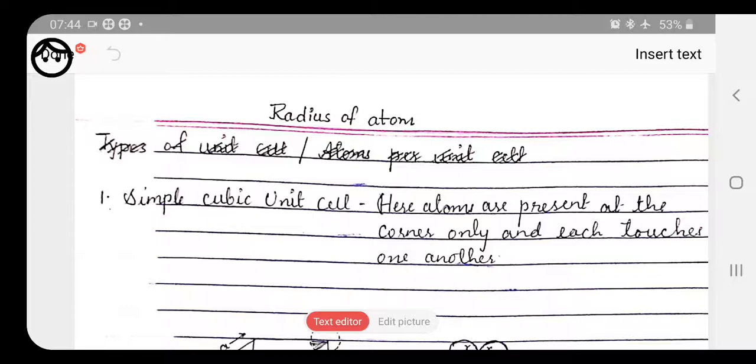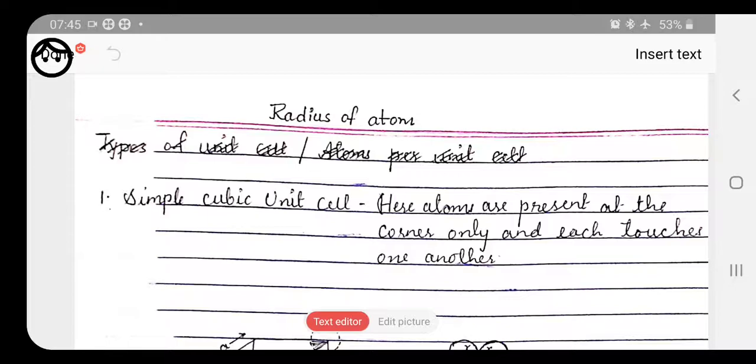But if we are talking about non-metals, they just overlap with one another. They do not simply arrange, they overlap, because non-metals are always present in the diatomic form. They cannot be present in the atomic form. So here the overlapping takes place, and here also we can calculate the radius. This radius calculation we already introduced in class 11. Here I am going to tell you how we calculate the radius of atom for different unit cells.